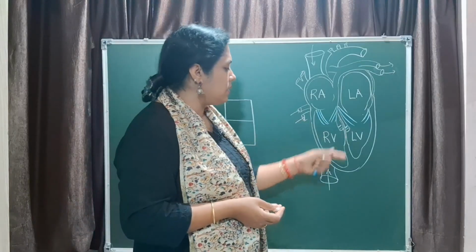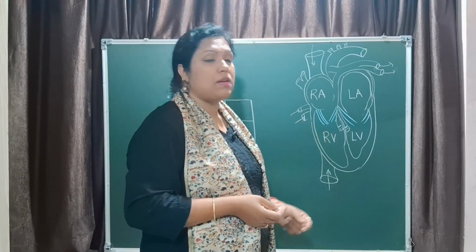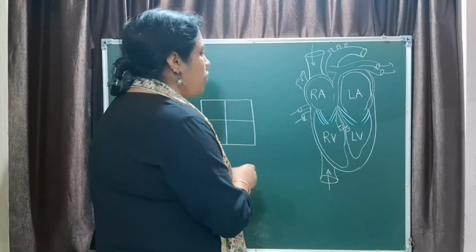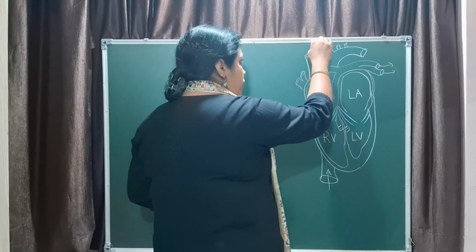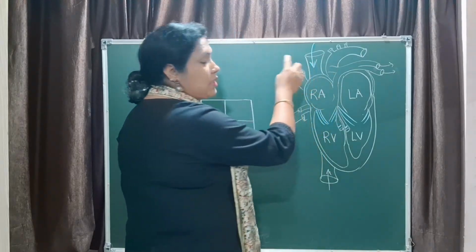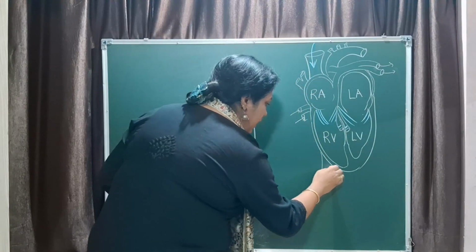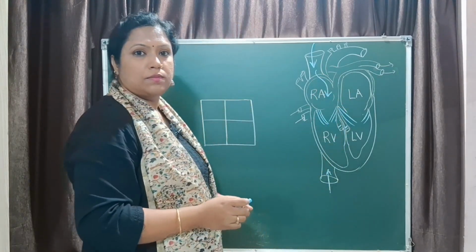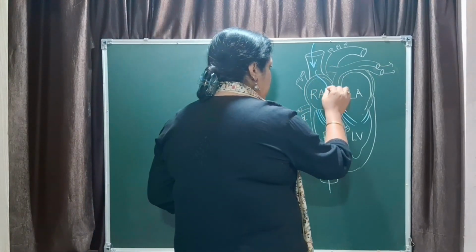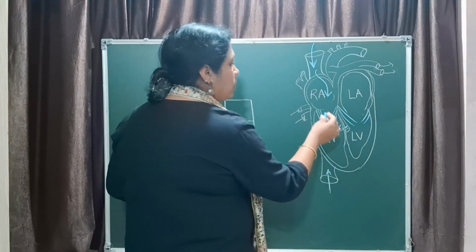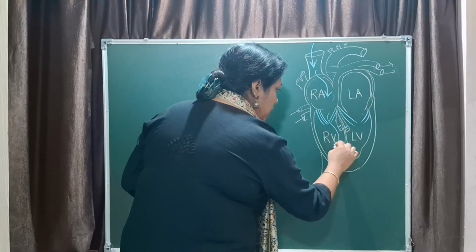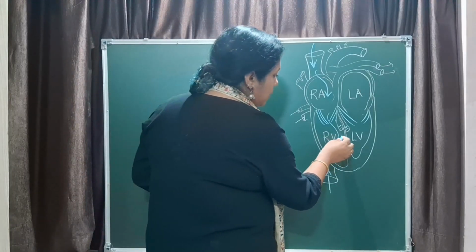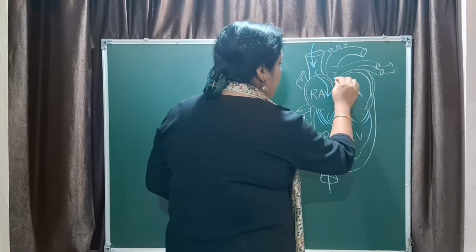There are valves present, and valves prevent the backflow of blood. Now, how does the blood move? In your body, the deoxygenated blood moves from the superior vena cava and the inferior vena cava into the right auricle. The right auricle pumps it to the right ventricle. From the right ventricle, the blood moves into the pulmonary